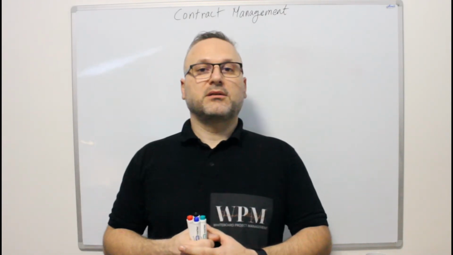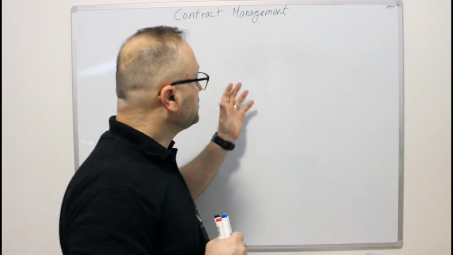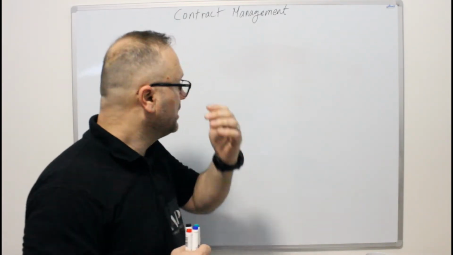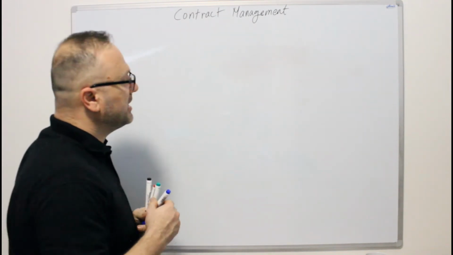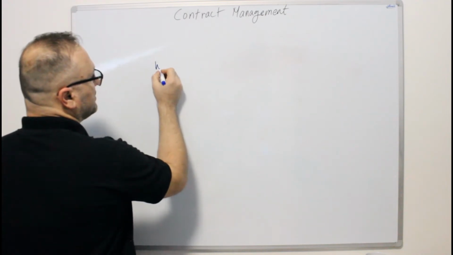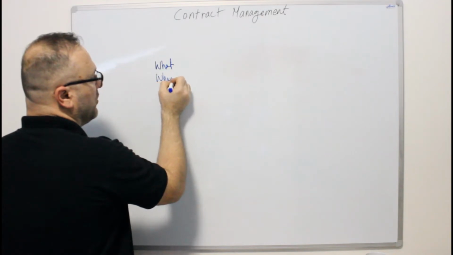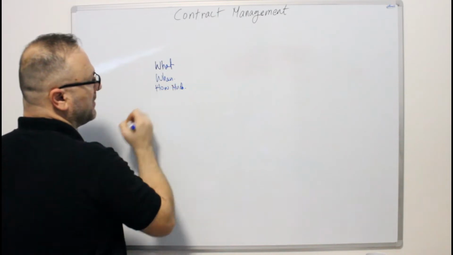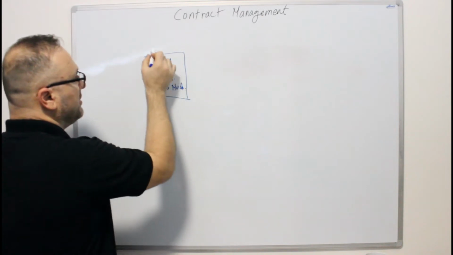So what does this mean? The project manager first, once he gets the contract, what should this project manager do to manage this contract correctly? So the contract is a document, and the document has the business case. It should have what to deliver, when to deliver, how much. Those are the main items in the contract